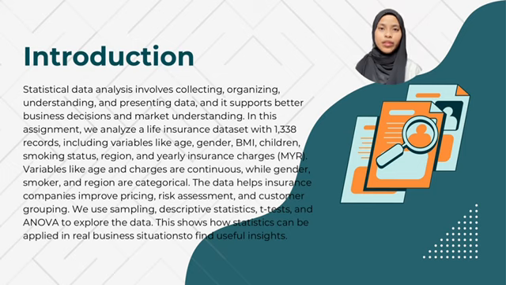Today I will be presenting the Introduction to Life Insurance Data Analysis. This dataset has 1,338 records with information like age, BMI, gender, number of children, smoking status, region, and yearly insurance charge in Malaysian Ringgit. The goal of this assignment is to see how we can use statistics to understand the data and find useful patterns. This kind of analysis helps insurance companies to make better decisions, like setting fair prices and grouping